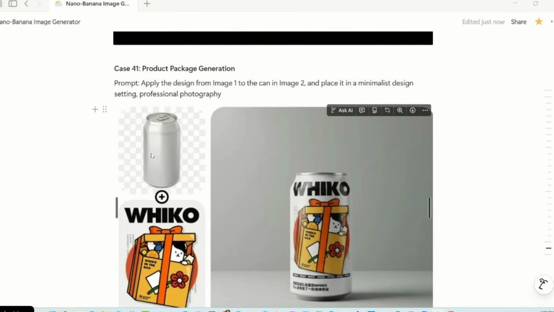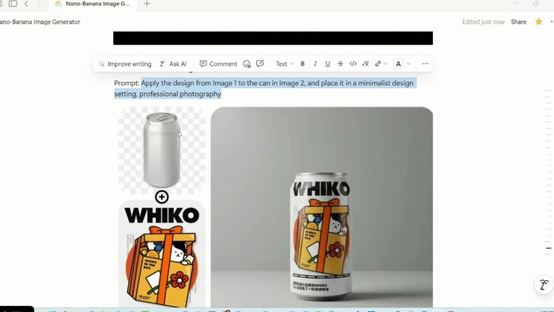When you have the transparent background, that's really a nice, easy way to do it first. And then you grab your logo and you put the two of them together and upload both images